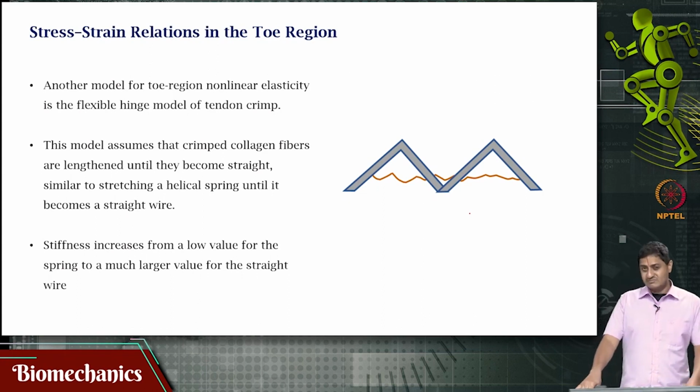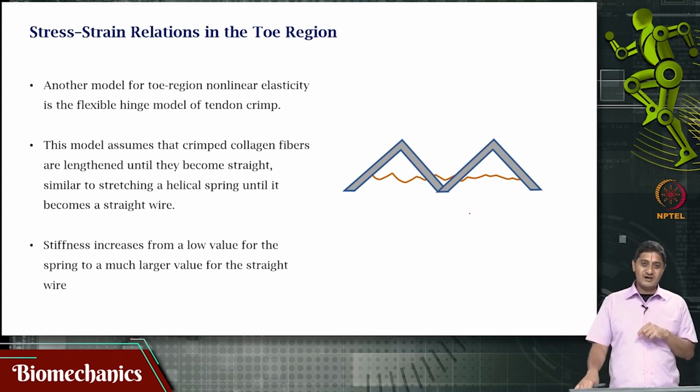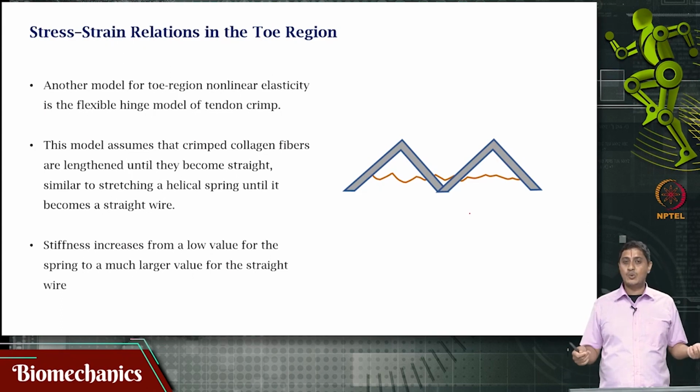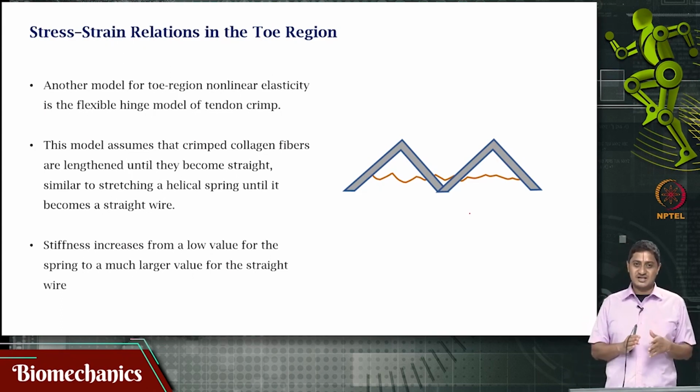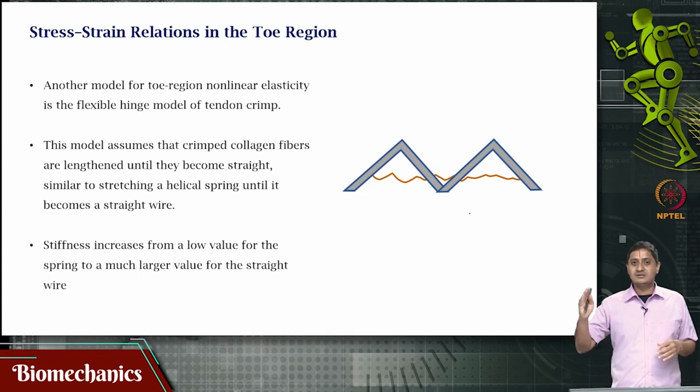By the way, this is not an exact comparison, because if you have a helical spring and you completely stretch it into a wire, it is not going to go back to its state, because that behavior is going to be plastic, or by the time the elongation has happened,